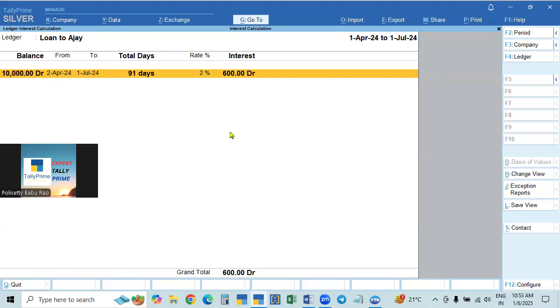Now the interest will be 600 only. But in that case, what you have to do is, even if the first date is added, the last date will not be deducted. Calculate interest from first April to first July, 90 days. The last date is when the amount is paid, and that is the date it will be deducted. So if you make it yes, in order to deduct this one,